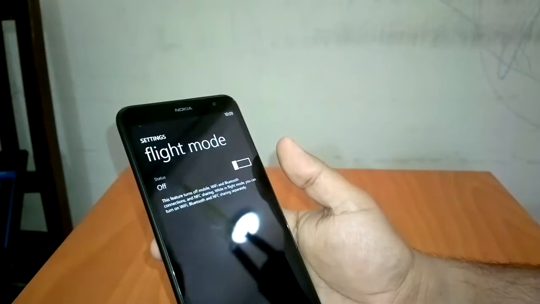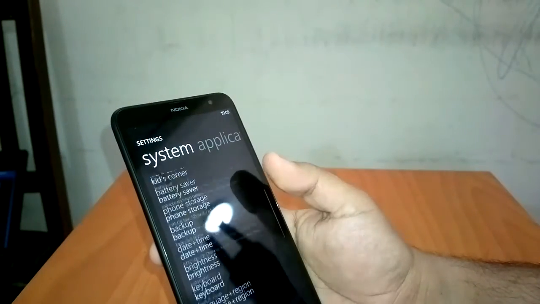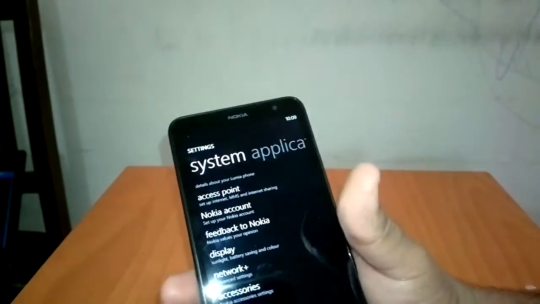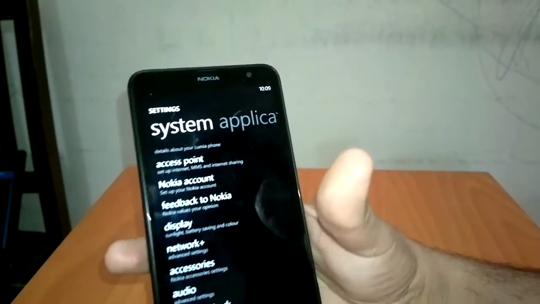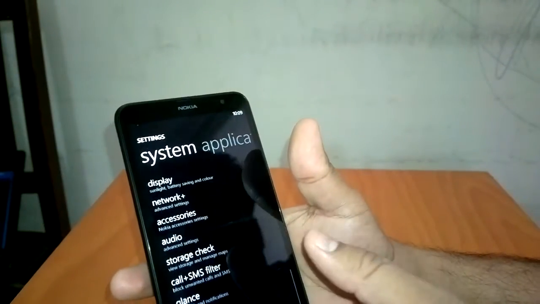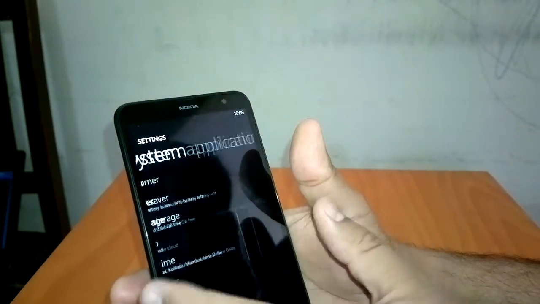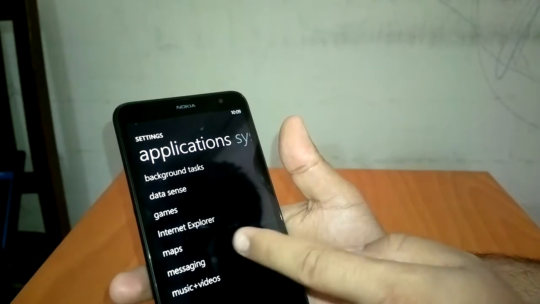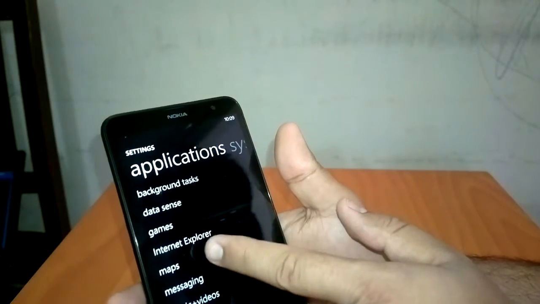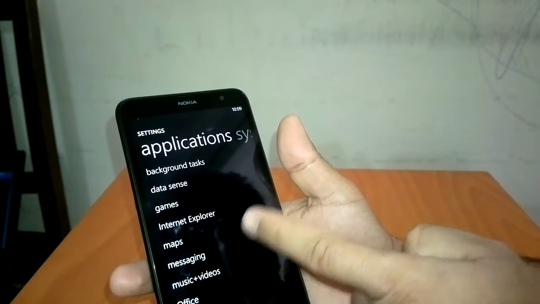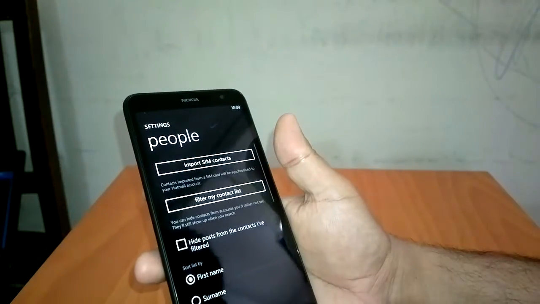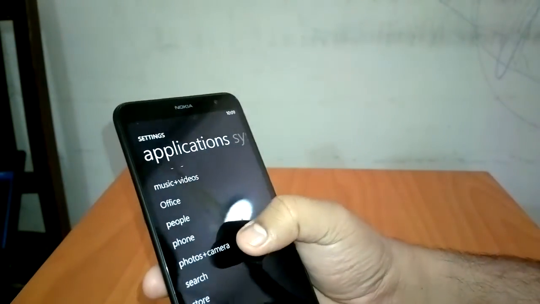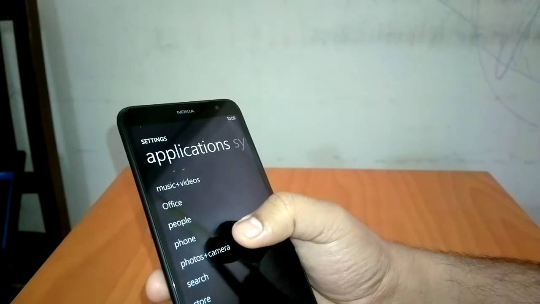There are many settings you can go through; these are all the system related settings. Then there are application settings where you can control different applications like background tasks, data sync, Internet Explorer, photos plus camera, etc.